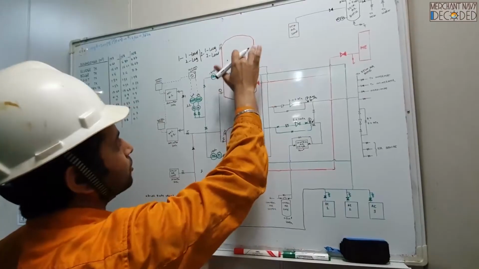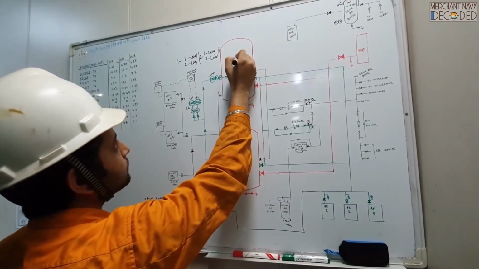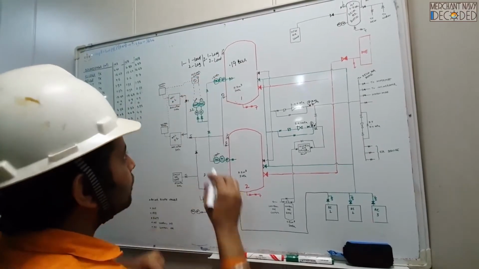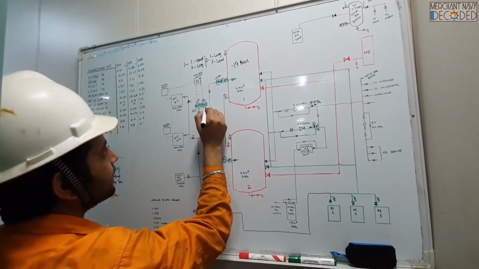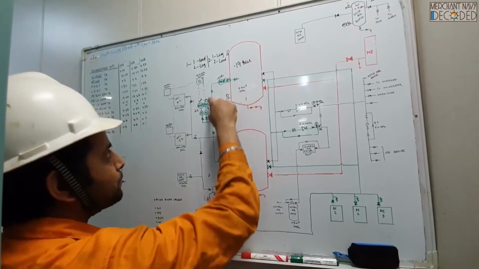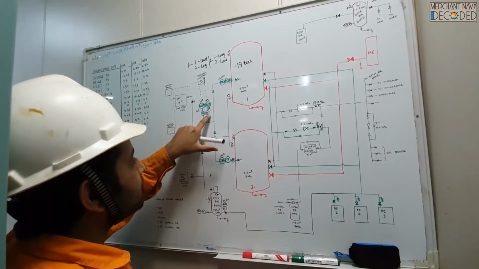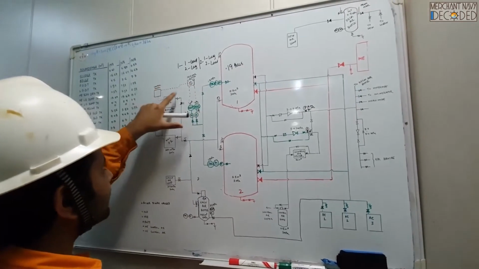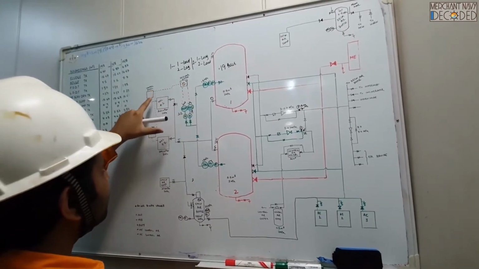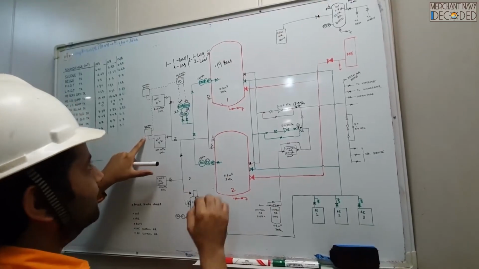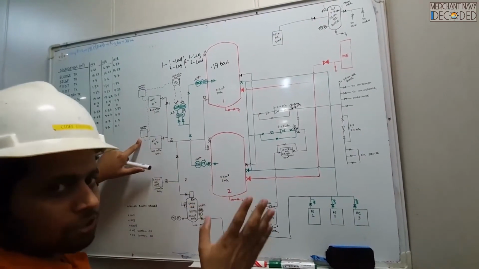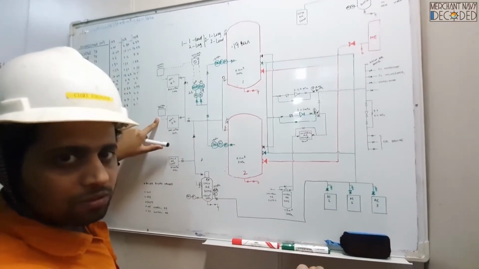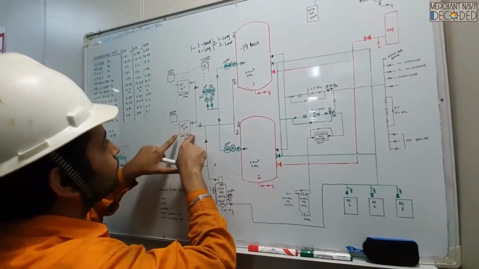Now suddenly my pressure drops to say 19 bars, and my number one compressor is running and still the pressure is dropping. Now say this lag pressure switch is set at 19 bars. So now this pressure switch changes. The pressure is 19 bars. That means the lag pressure switch will also get a signal from over here. So this selector switch will give a signal to the number two compressor over here. Number one compressor, the lead one, is already running, but still the pressure is reducing. I need you. So it starts the number two compressor as well.